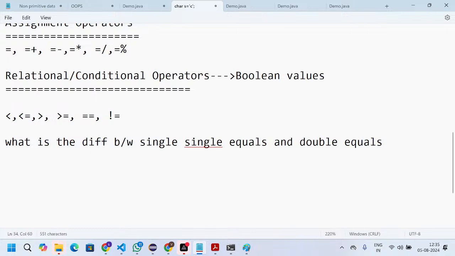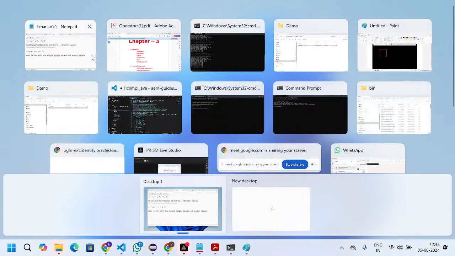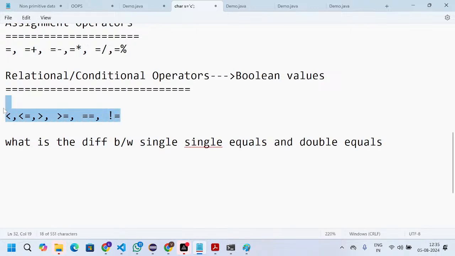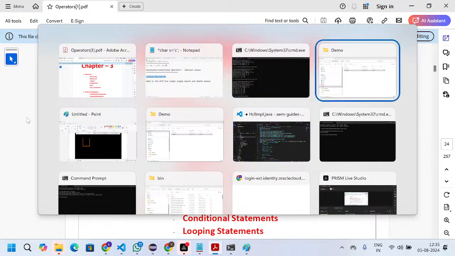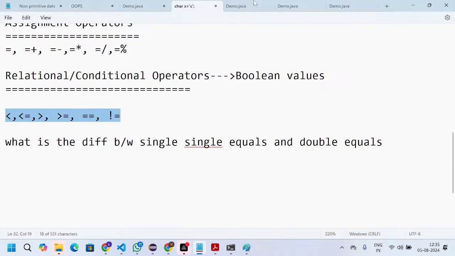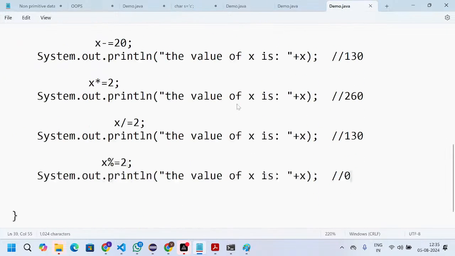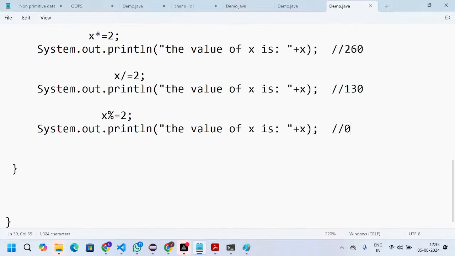Okay, so I will write a program on the comparison operators, then you will get some clarity on it. I copy the file and go to the same file, Demo.java. Here I am taking one more file, for relational or comparison operators, also called conditional operators.